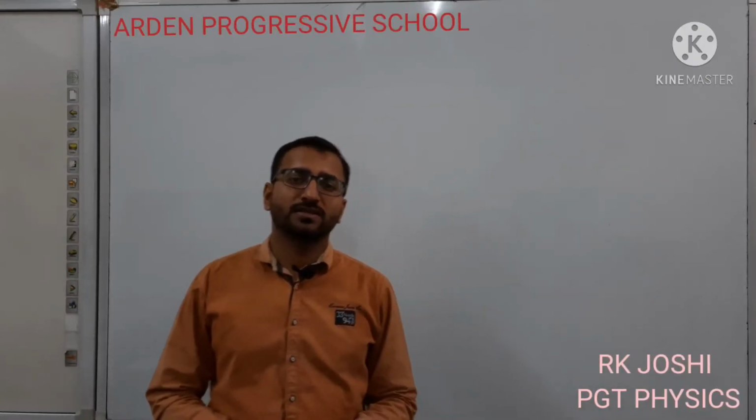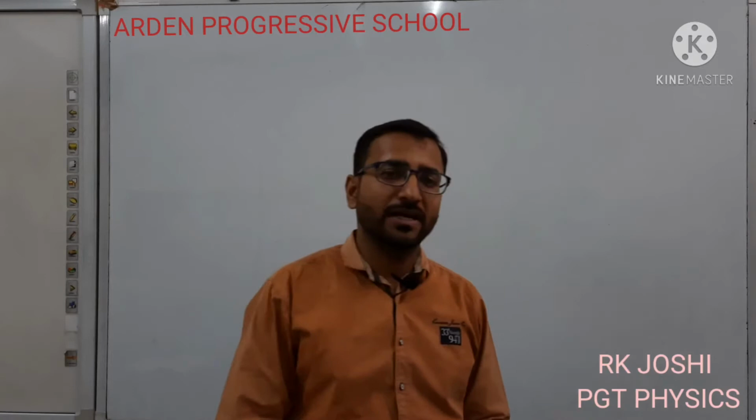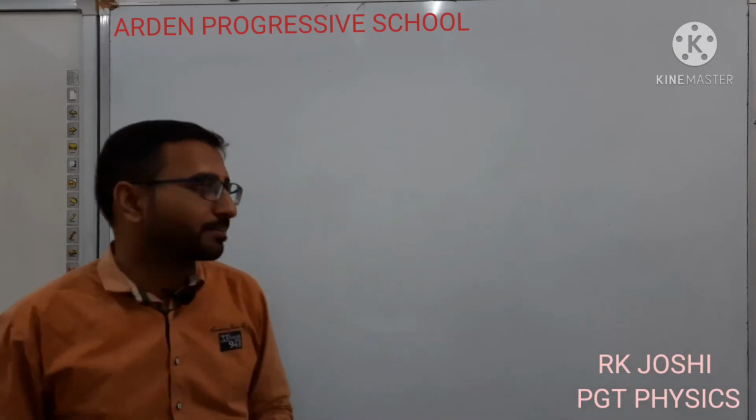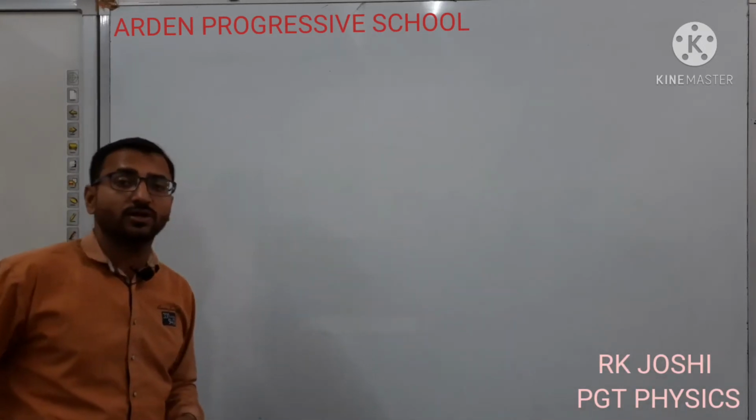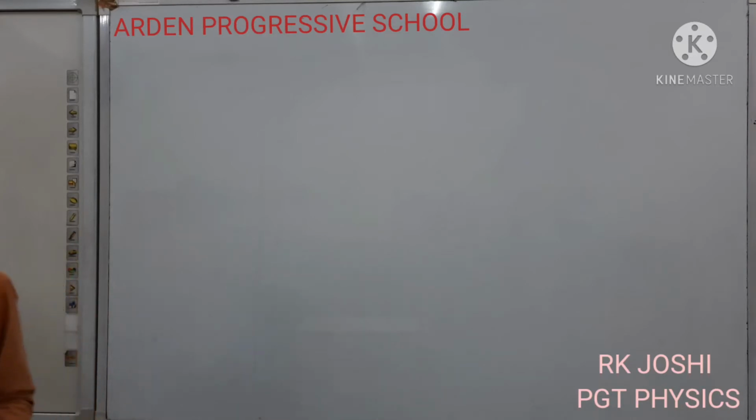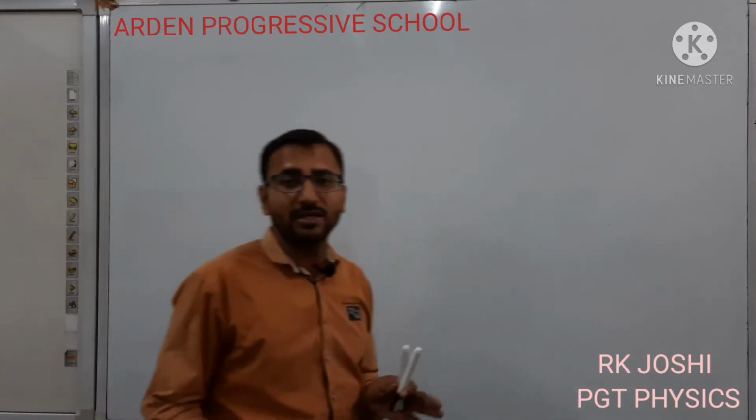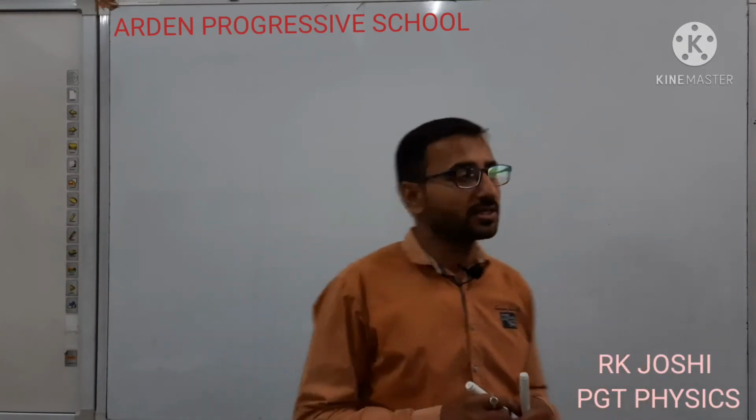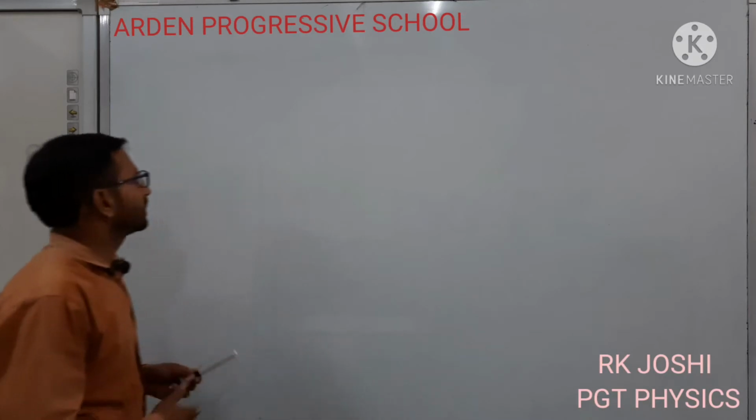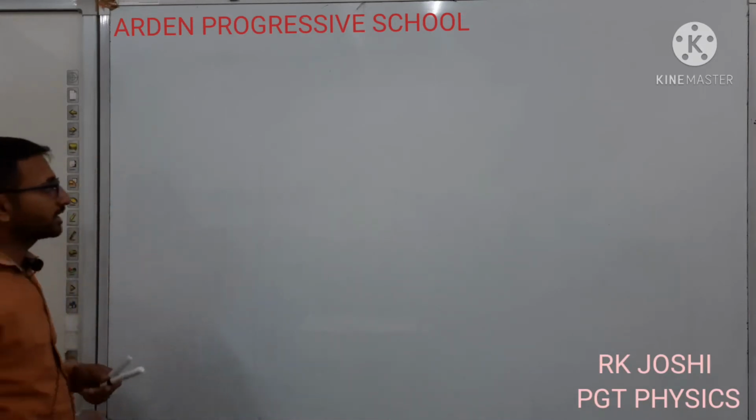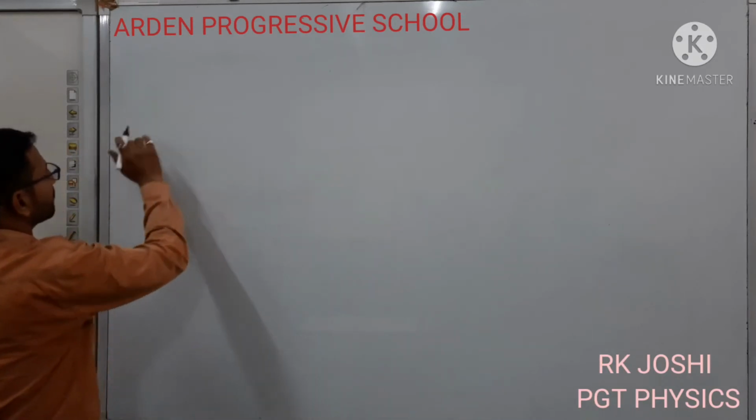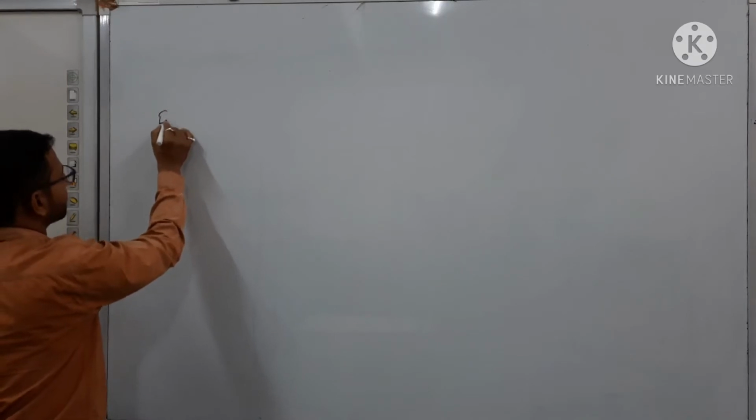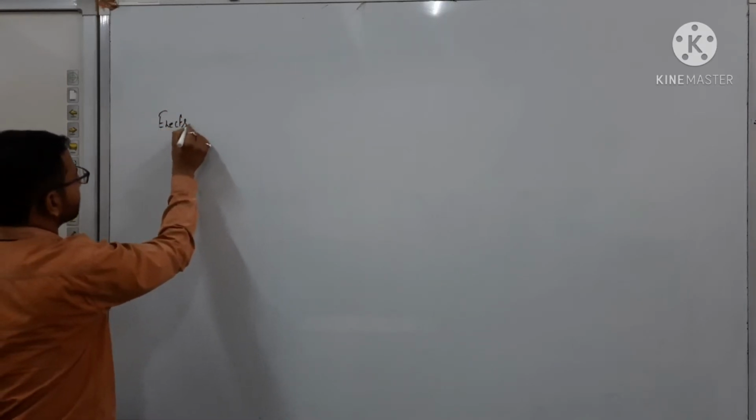So today we will discuss the next topic of the chapter Electric Charges and Fields. The topic which I will discuss in front of you is electric field due to a point charge. Here we will calculate the electric field intensity at any point due to a point charge. For that I will draw one small diagram and after that I will prove it. Before that I will write the heading: electric field